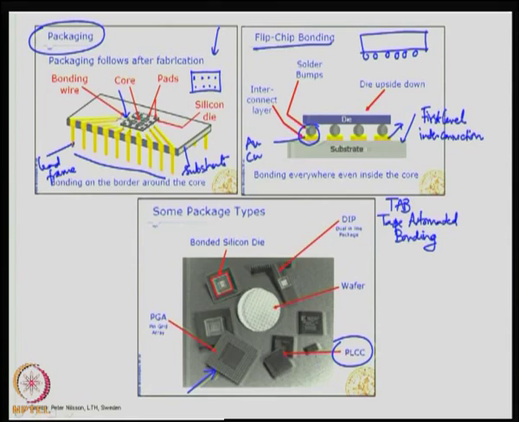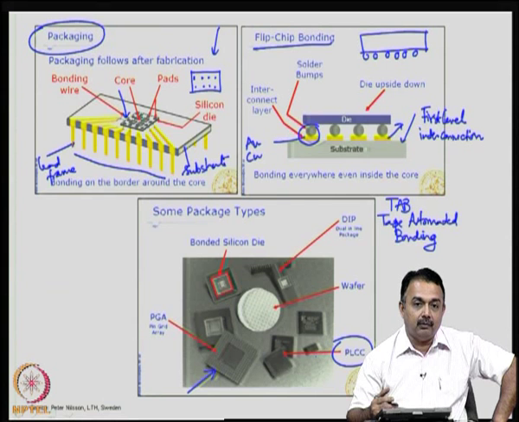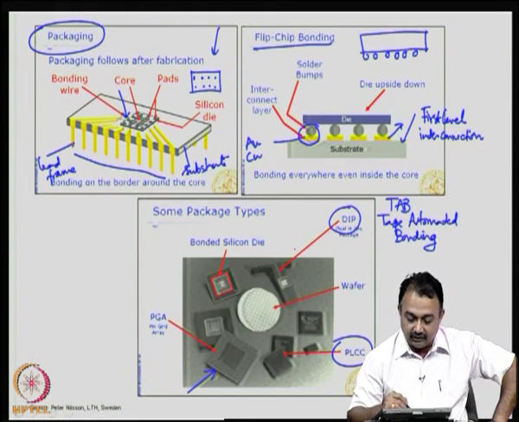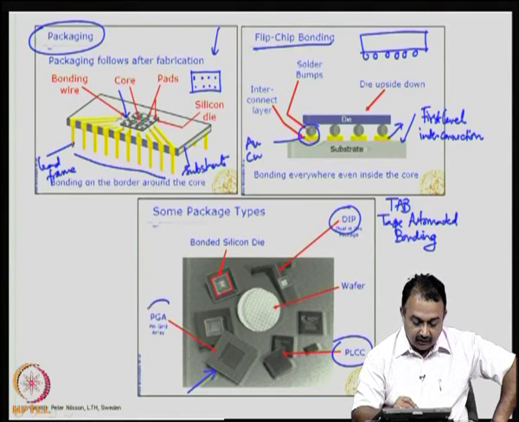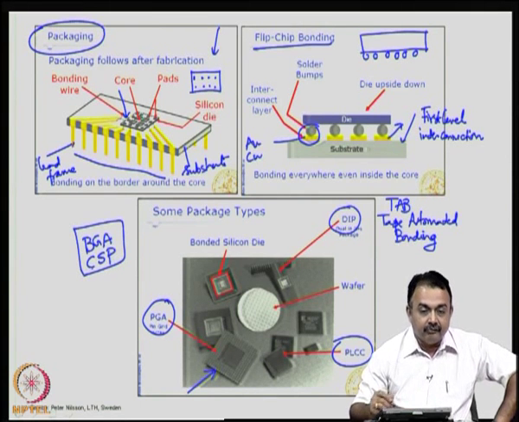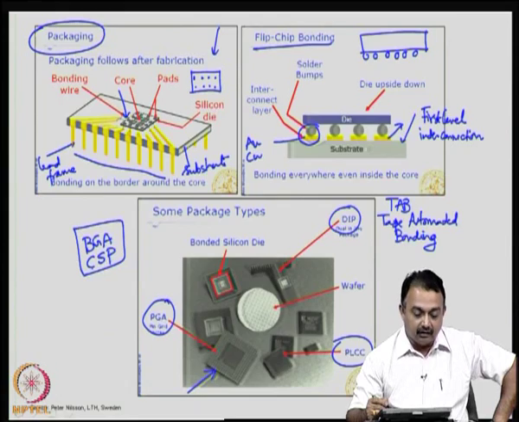So, depending upon the end application, depending upon the number of IOs, input output pins that you have designed for a particular package or a die, you can choose the different package formats. It can be a simple DIP package, dual inline package, or it can be a complicated high dense pin grid array package, or it can be other packages like a ball grid array, or a CSP, which we have seen earlier, the expansions of these terms, ball grid array and chip size package or chip scale package.